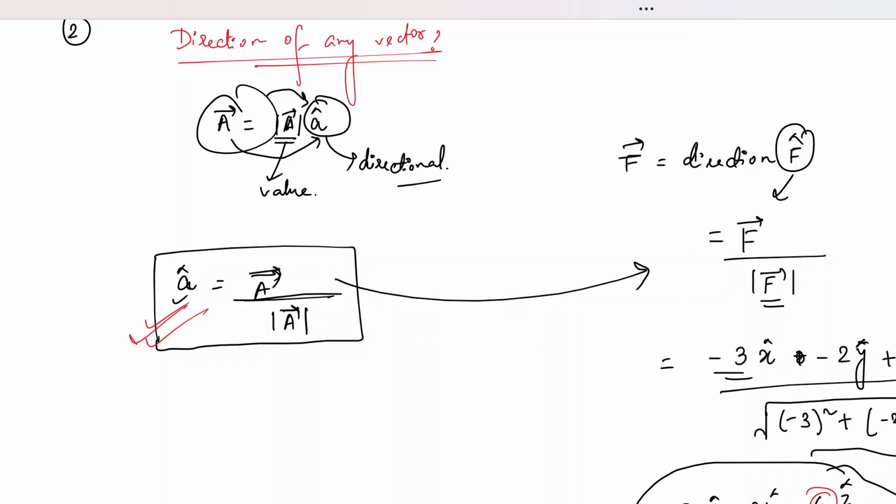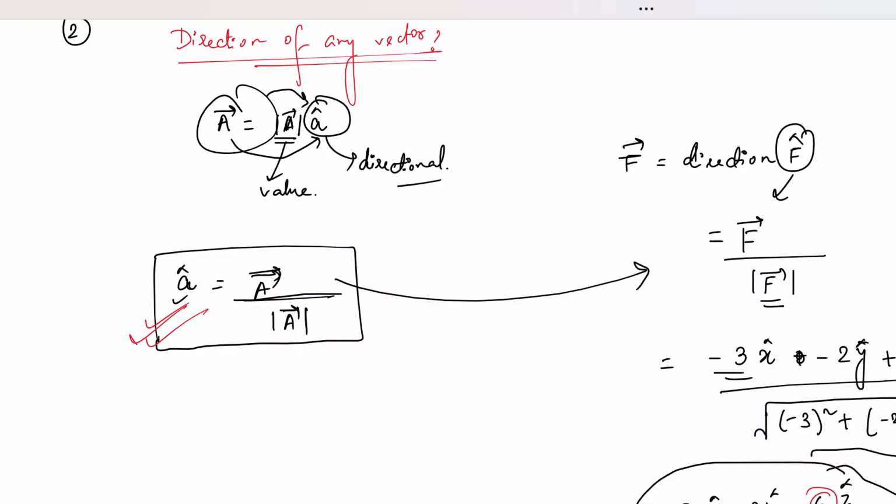Let me just write it down so that I do not get confused. It is better if you write it down. F vector is, let's say, minus 3x cap minus 2y cap, and no z cap. That's all. And then f cap, please. First of all, you have to say whether this is the vector you are talking about, or you have directly given me the unit vector. Yeah, I'm just giving you directly the direction. Correct. Here also we are talking about direction only, so that it is f cap, the unit vector. Similarly, for d cap, you want me to write that this is minus 3x cap.